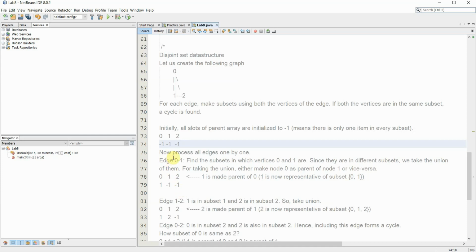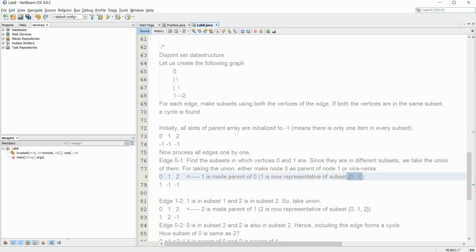Now let us process each of the edges one by one. First consider the edge 0 to 1. When you consider the edge 0 to 1, we have the subsets 0 and 1. This is for the first iteration, and they are in different subsets. Therefore, we have to take the union of them. Once you take the union, the set that is formed is 0, 1.